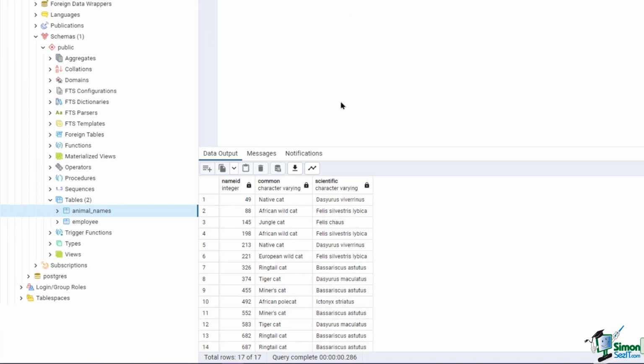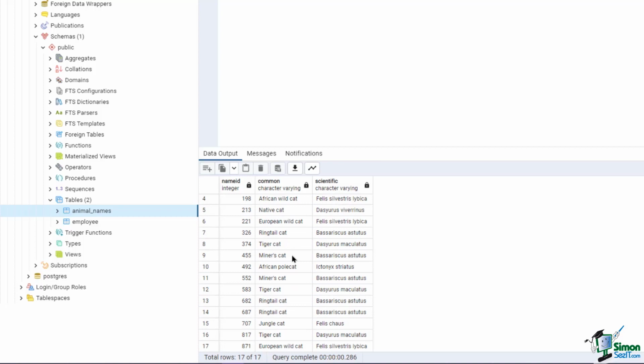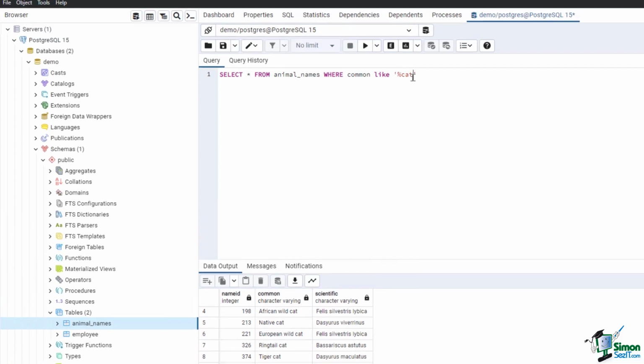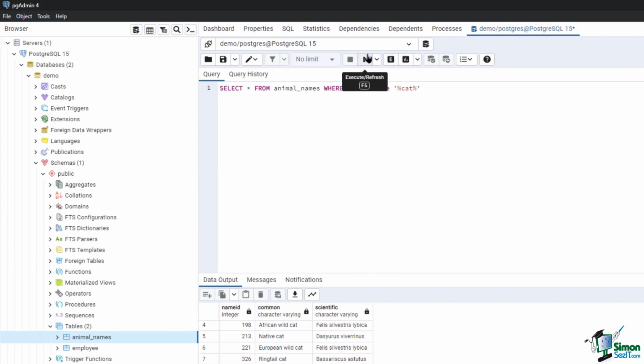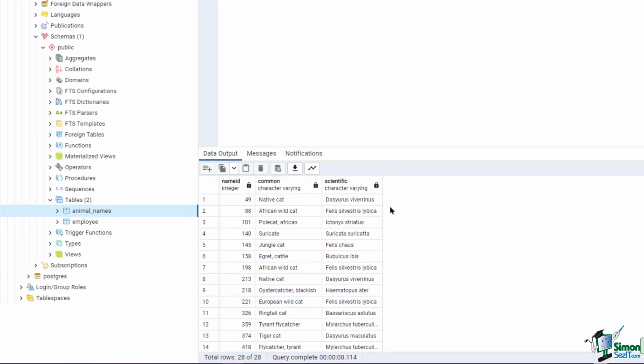Since we specified a % at the start of the pattern, the query looked for all common names that end with cat. Notice how the output differs once we add another % to the pattern, but place it at the end of the cat string. Run the script to see the output. The total records now include not only the strings that end with cat, but those that contain cat in the middle of their name. For example, name ID 158 that has the name Ygritte, cattle was captured since it has